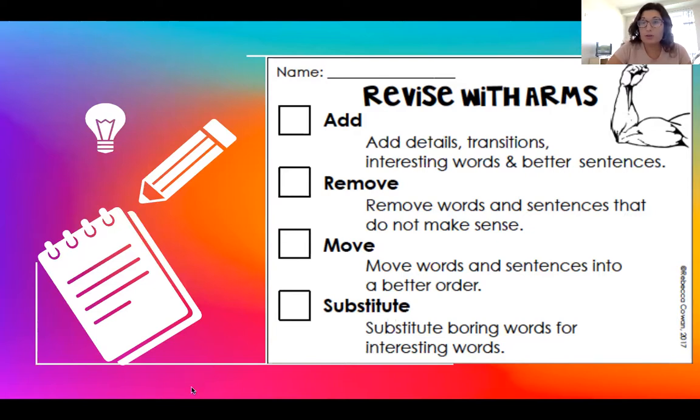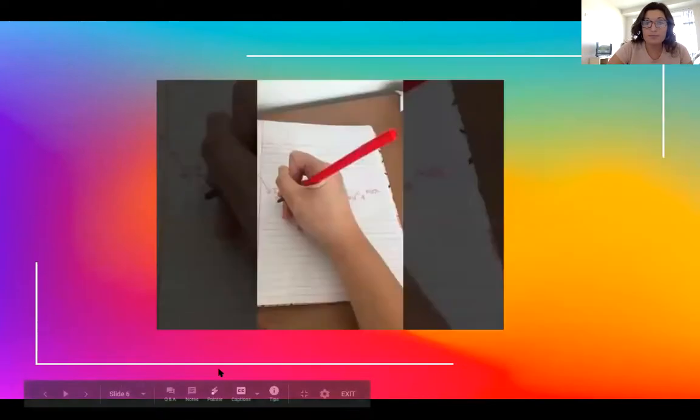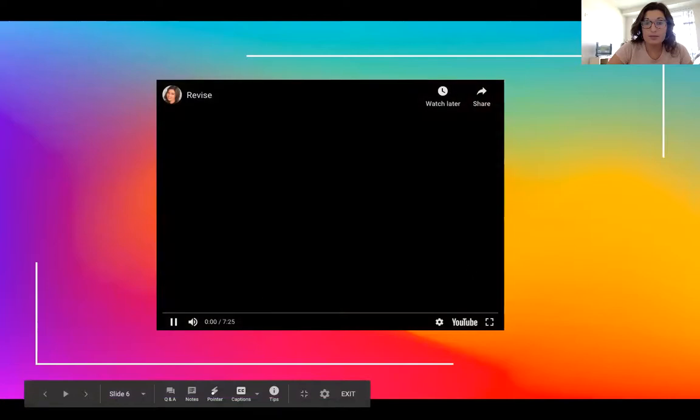I am now going to show you an example where I am pretending to be a student and modeling these steps. I'm going to pretend that this is my rough draft of my Dear Math writing, and I will read it to you now. Dear Math, sometimes I like you and sometimes you make me angry and sad. Addition, subtraction, multiplication, division, numbers, shapes, angles. I hope I can do better on Dreambox. My brother likes math.